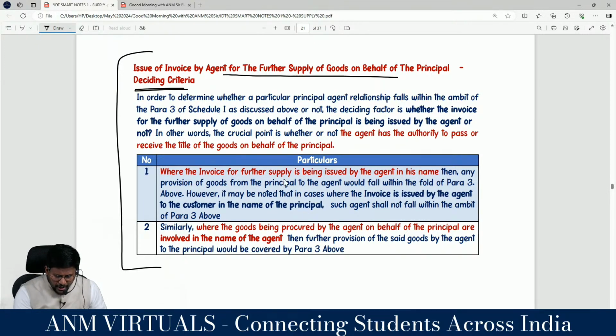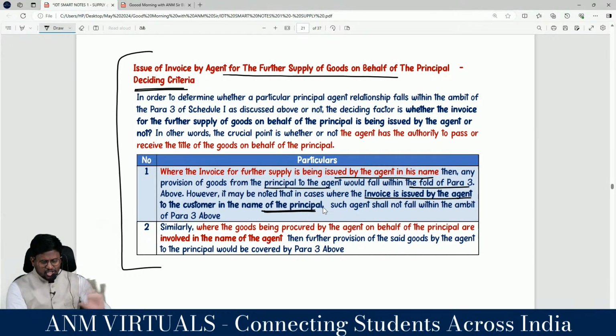அப்ப whether the invoice for the further supply is issued by the agent in his name, then any provision of goods from the principal to agent would fall within the fold of para 3. Sir, however it may be noted that in case where invoice is issued by the agent in the name of the principal, such agent shall not fall within the ambit of para 3 above. அப்ப ஏஜென்ட் யார் பேர்ல ரைஸ் பண்ணணும், ஏஜென்ட் பேர்ல ரைஸ் பண்ணணும். யாரோட குட்ஸ், you have a doubt, அது எப்படி சார் பிரின்சிபலோட குட்ஸ ஏஜென்ட் பேர் போட்டு ஏஜென்ட் விற்க முடியும், அதனால தான் அவன்